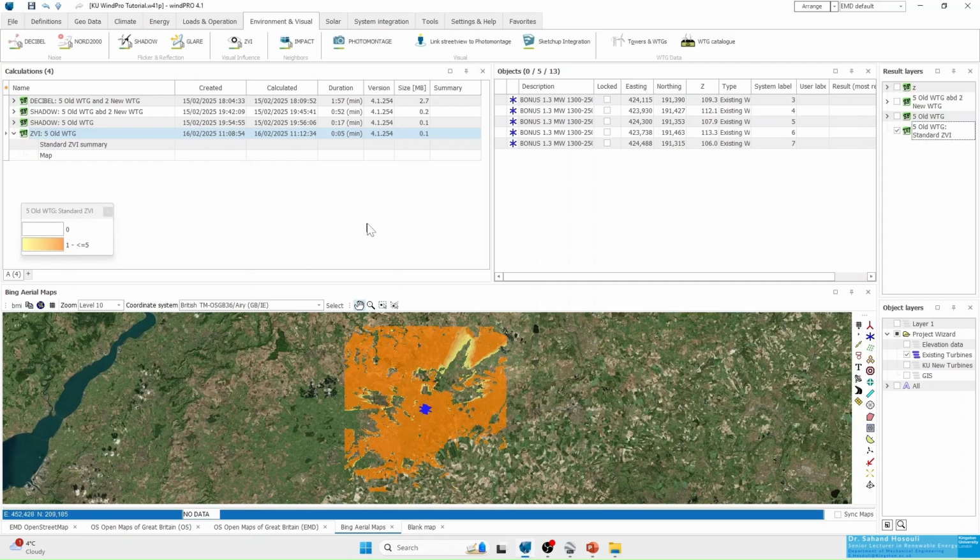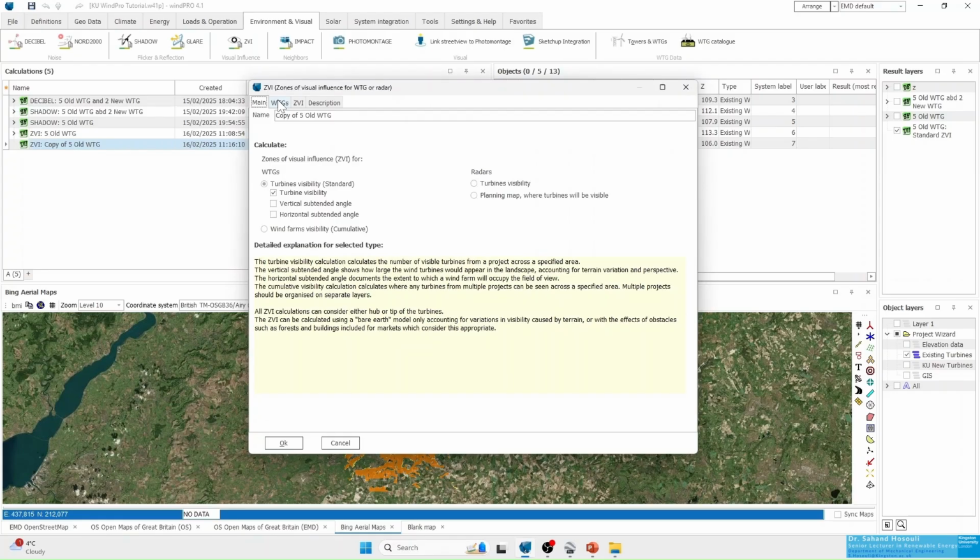I will close this. We'll come back to this in our second example. So I will leave this as it is. We've done the calculation for 5 wind turbines. Remember that we also did the cloning in the previous example. To repeat that, because now I'm interested to see what the difference would be between this one and the new turbines, I right click on this and then do clone. With the clone, I basically generate a new calculation similar to the previous one, but it needs to be modified as well. So I will double click on that, and I'll start to modify the